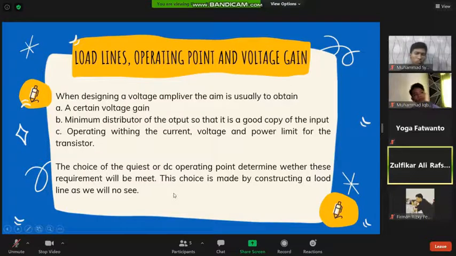The choice of the quiescent or DC operating point determines whether this requirement will be met. This choice is made by constructing a load line as we will now see. Next,